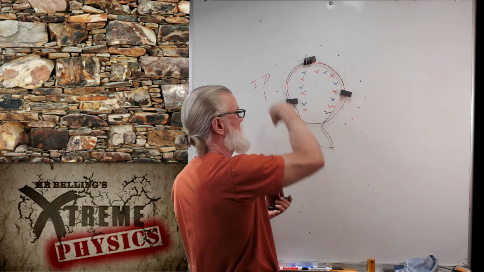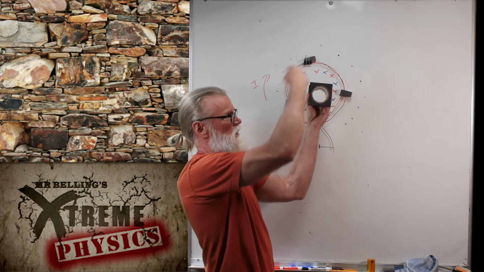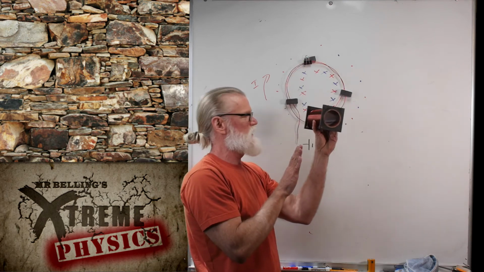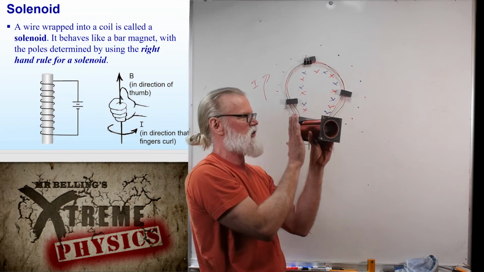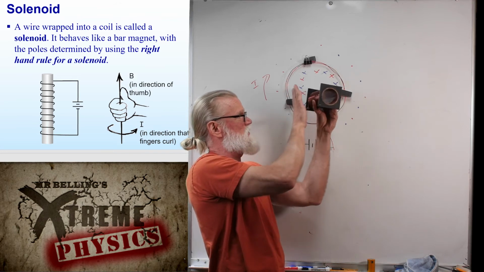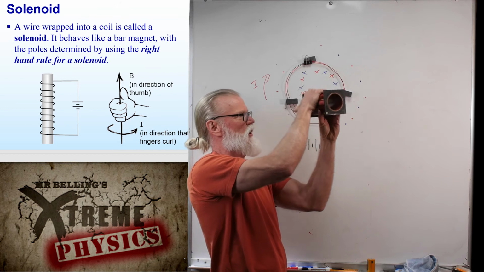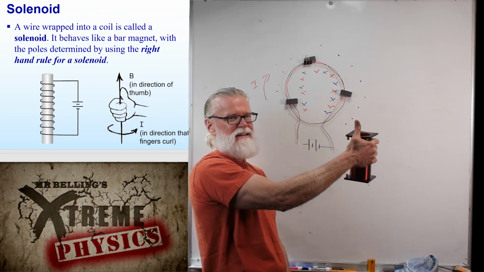In this case, it was going around this way. So if this had more turns, it would be going around this way. What you do is you take your right hand and your fingers curl in the direction of the current. So in this case, if this was my solenoid, the current is going around like this. I'm going to curl my fingers this way, and your thumb points in the direction of the magnetic field